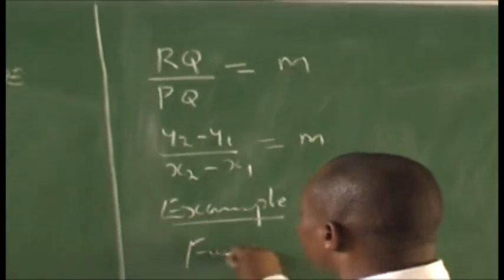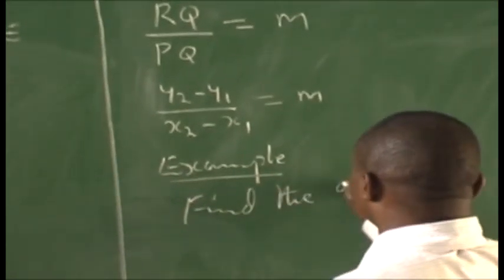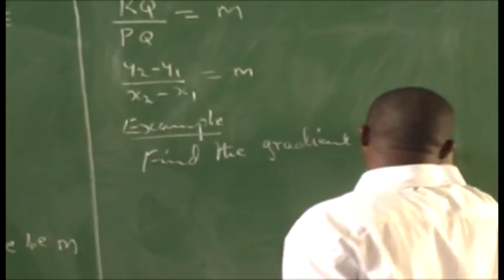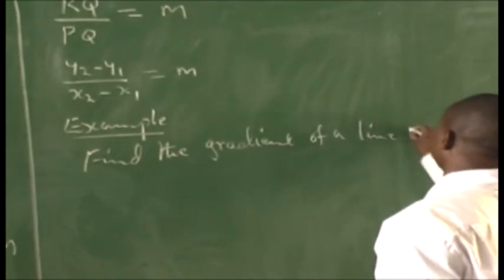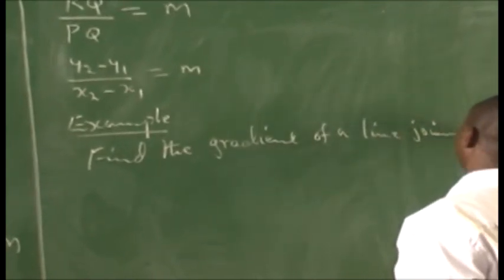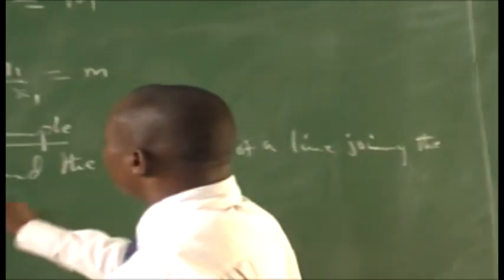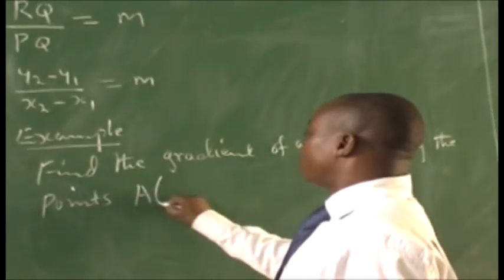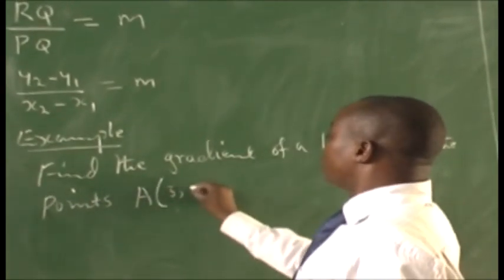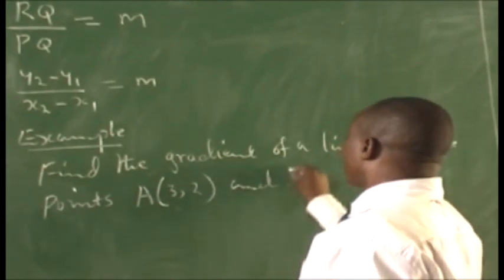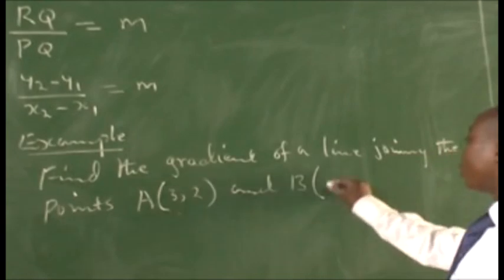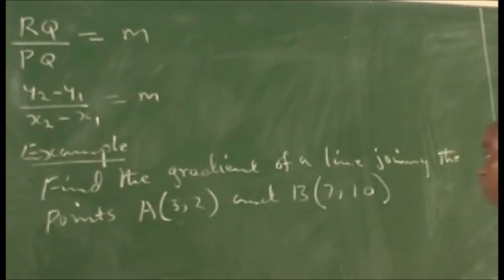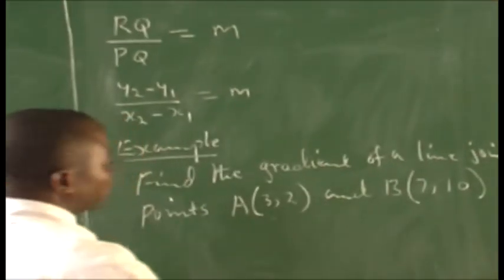We are going to find the gradient of a line joining the points. The points will have point A. Point A will be 3 and 2. And point B I will have 7 and 10. So let's get this gradient. So if I have these points,